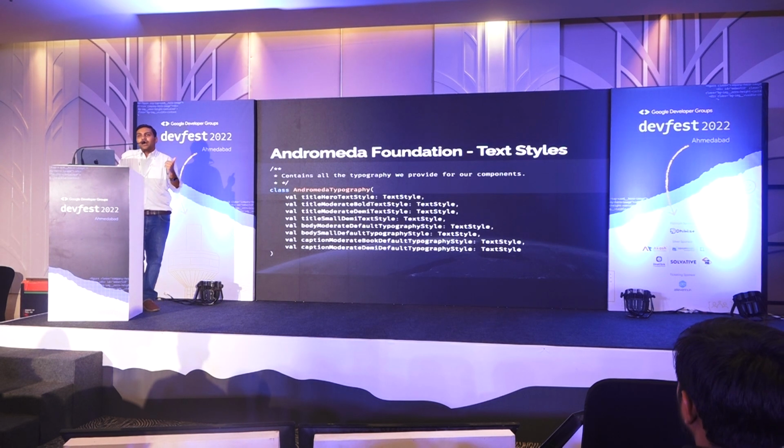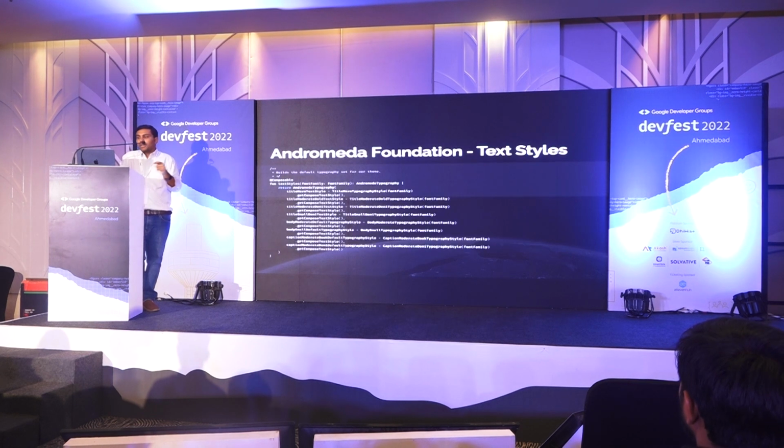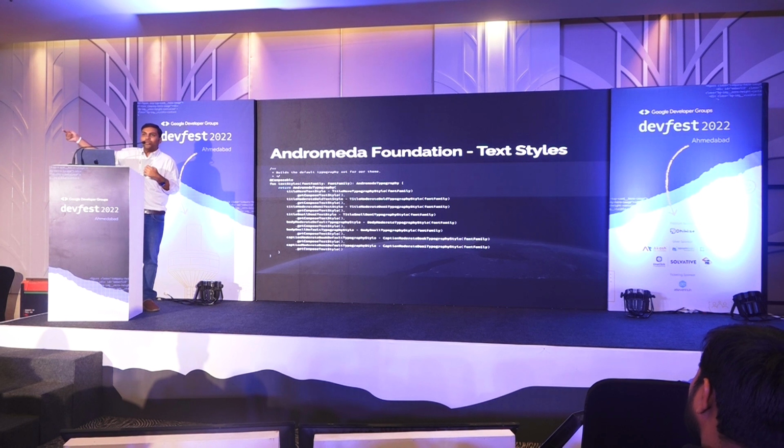What we're doing here is we have Andromeda typography class, nothing complex. I'm providing all those themes that we were talking about. I'm converting my Andromeda interface and converting it back to Compose textiles. If you have used XML, in XML we would do something called style is equal to in a text view.